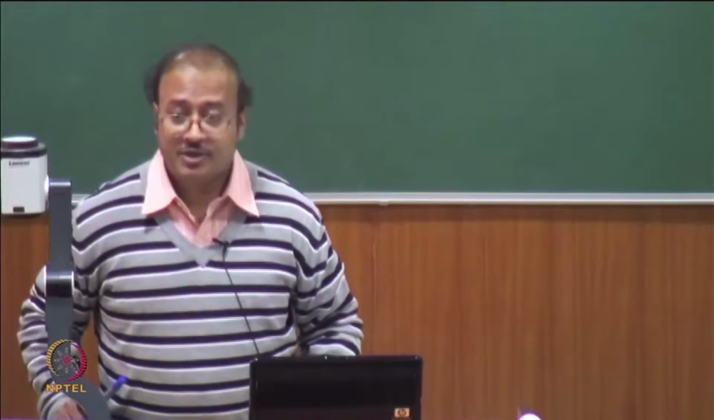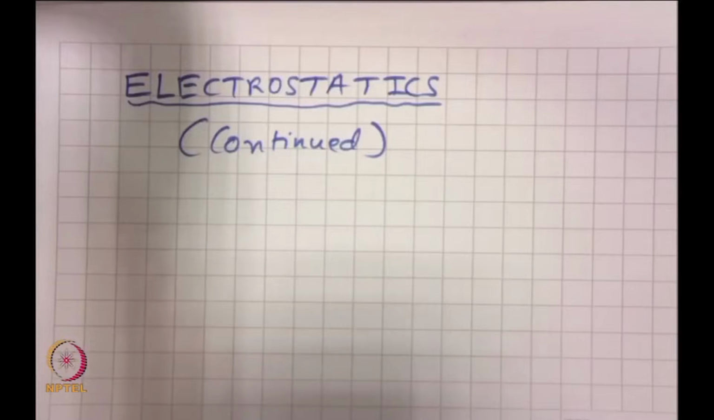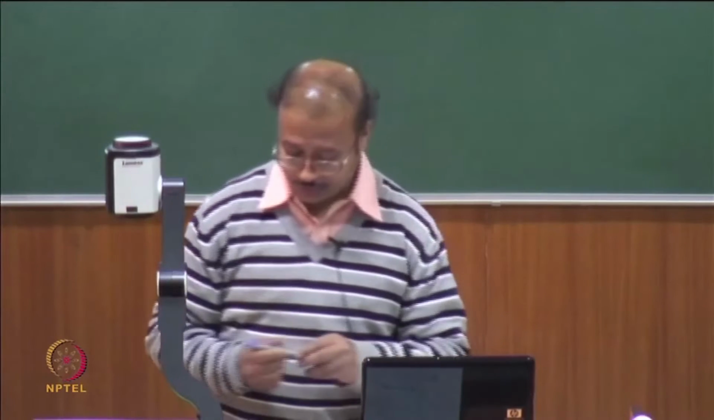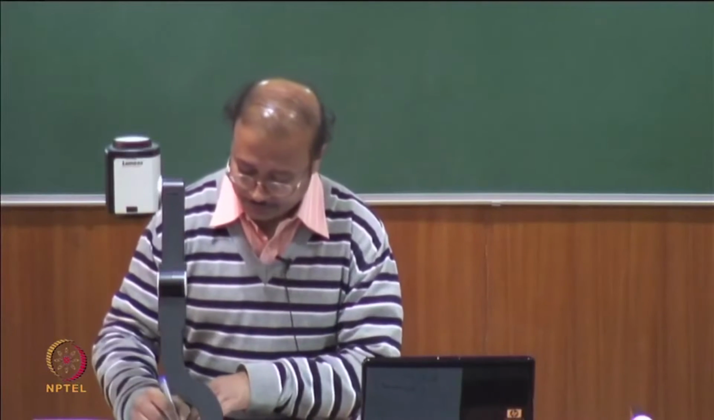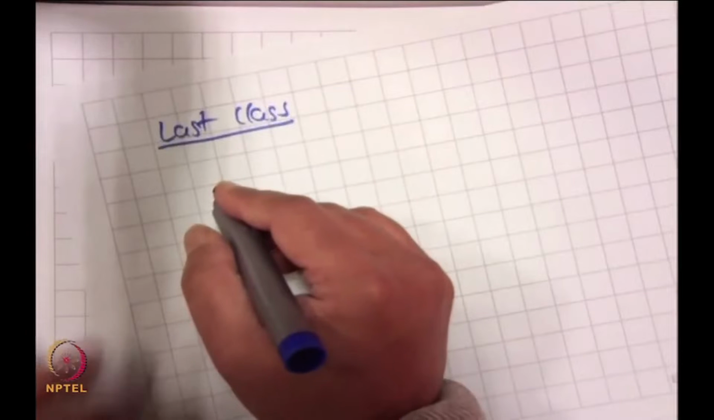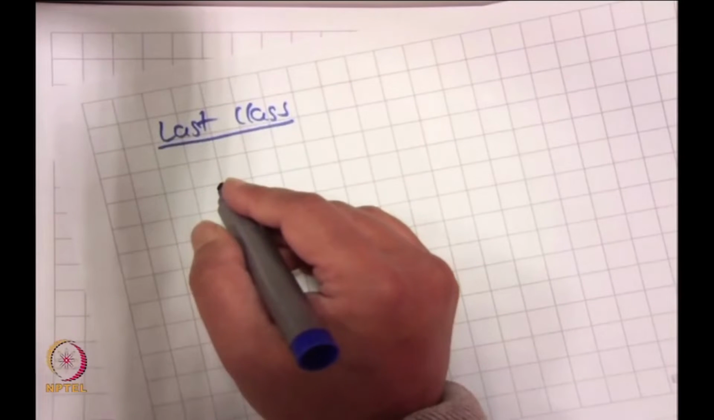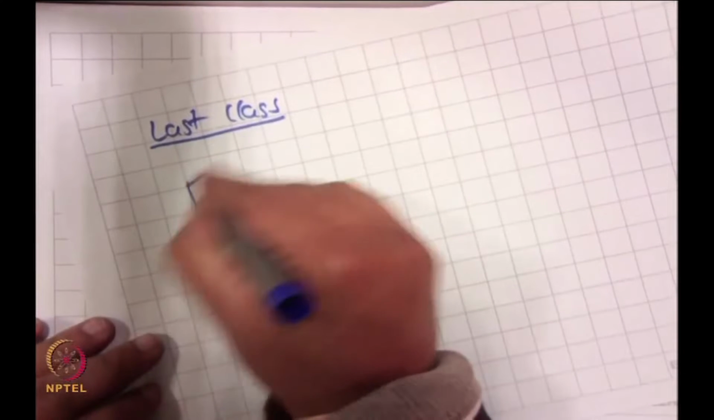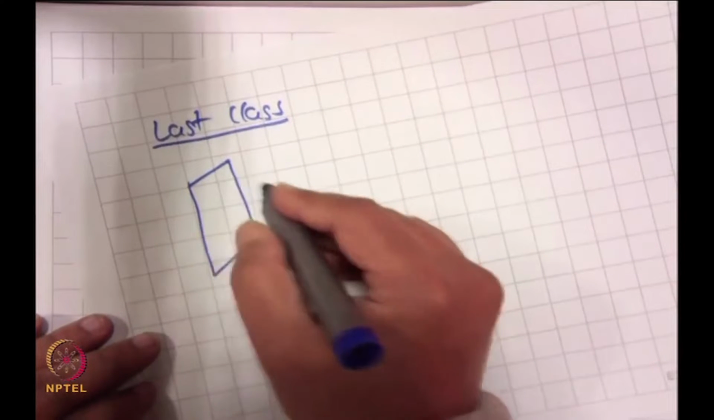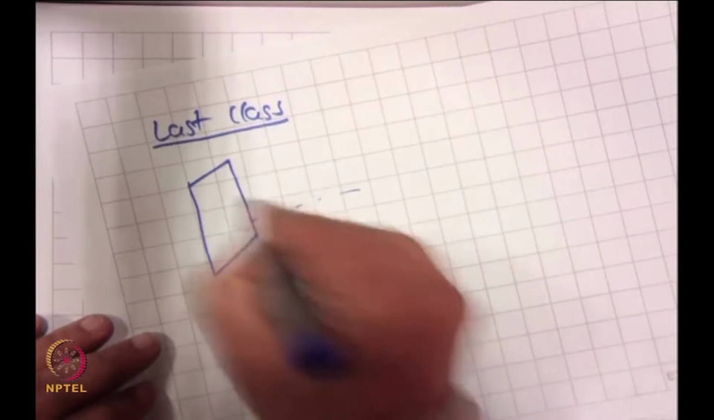So, the topic is electrostatics, that is what we are looking at, and that is what we will continue with. In the last class, we started with the Poisson-Boltzmann equation. We are looking in the plane of a certain charge, and if this is your plane, and then if you have a charge interaction,